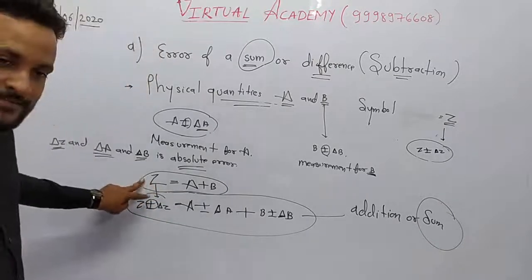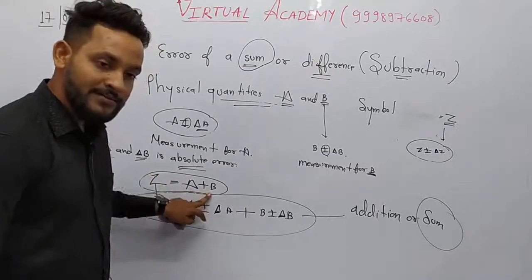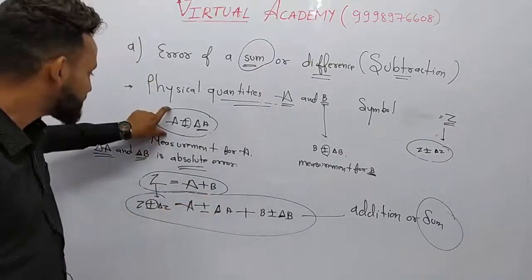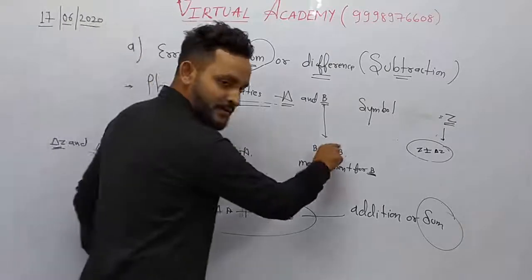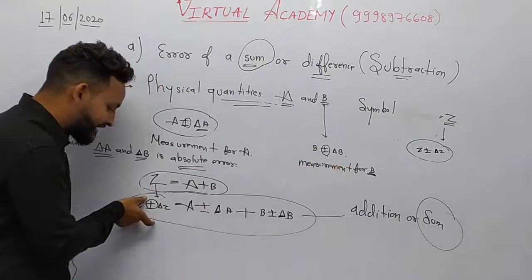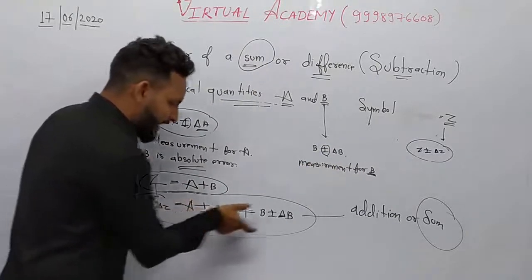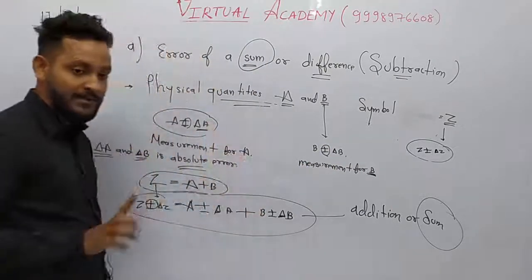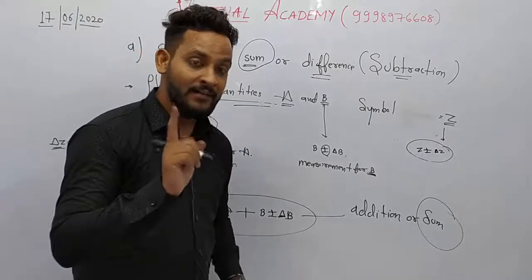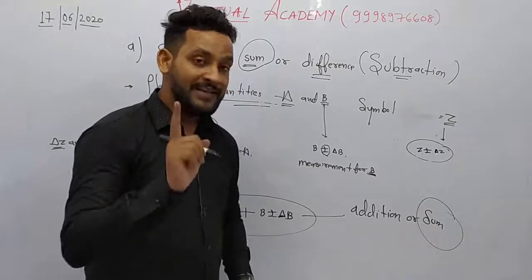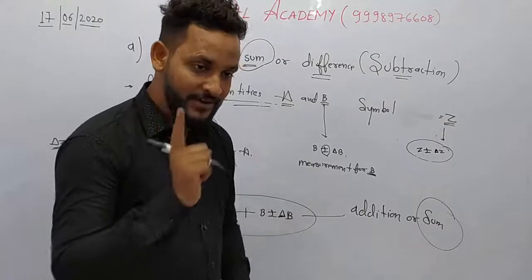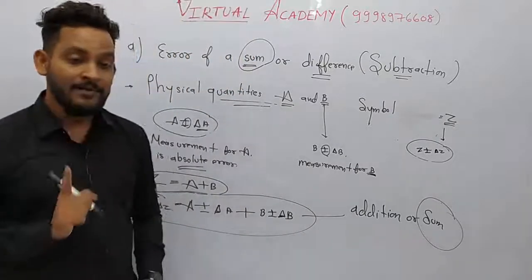Suppose that is a total measurement A and B. There is no error, but error is introduced. At that time we have to go for that equation, because delta A and delta B indicate error in our measurement. So we have to add delta Z, delta A and delta B. Our absolute error may be positive and negative when it is not given in modulus, but when it is given in modulus, then it is always positive. Clear? Because any value that comes out of the mod becomes positive.